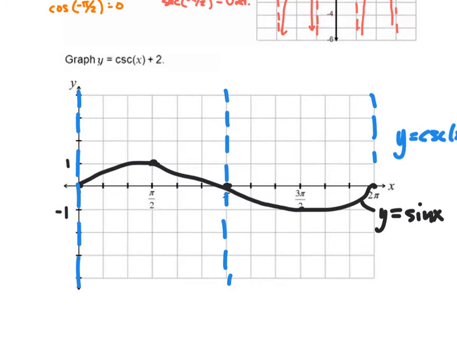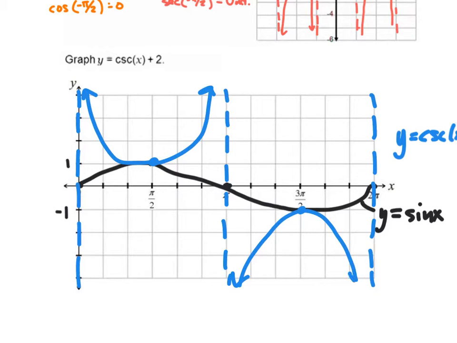Okay. And then wherever I have a 1, that's where I put my minimum and maximum. And then I draw my graph going in this direction. Okay. So now, if I wanted to graph y equals cosecant x plus 2, then what I would do is